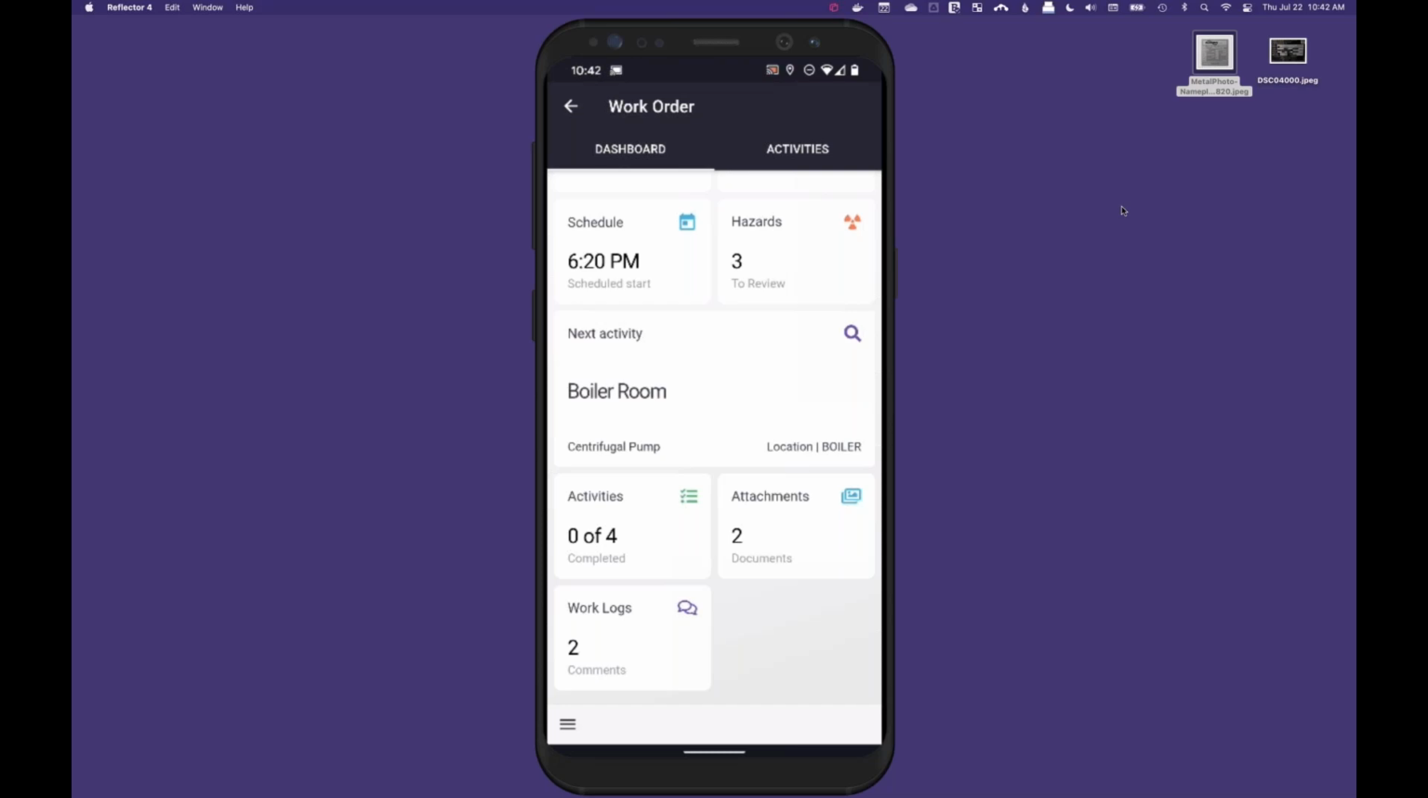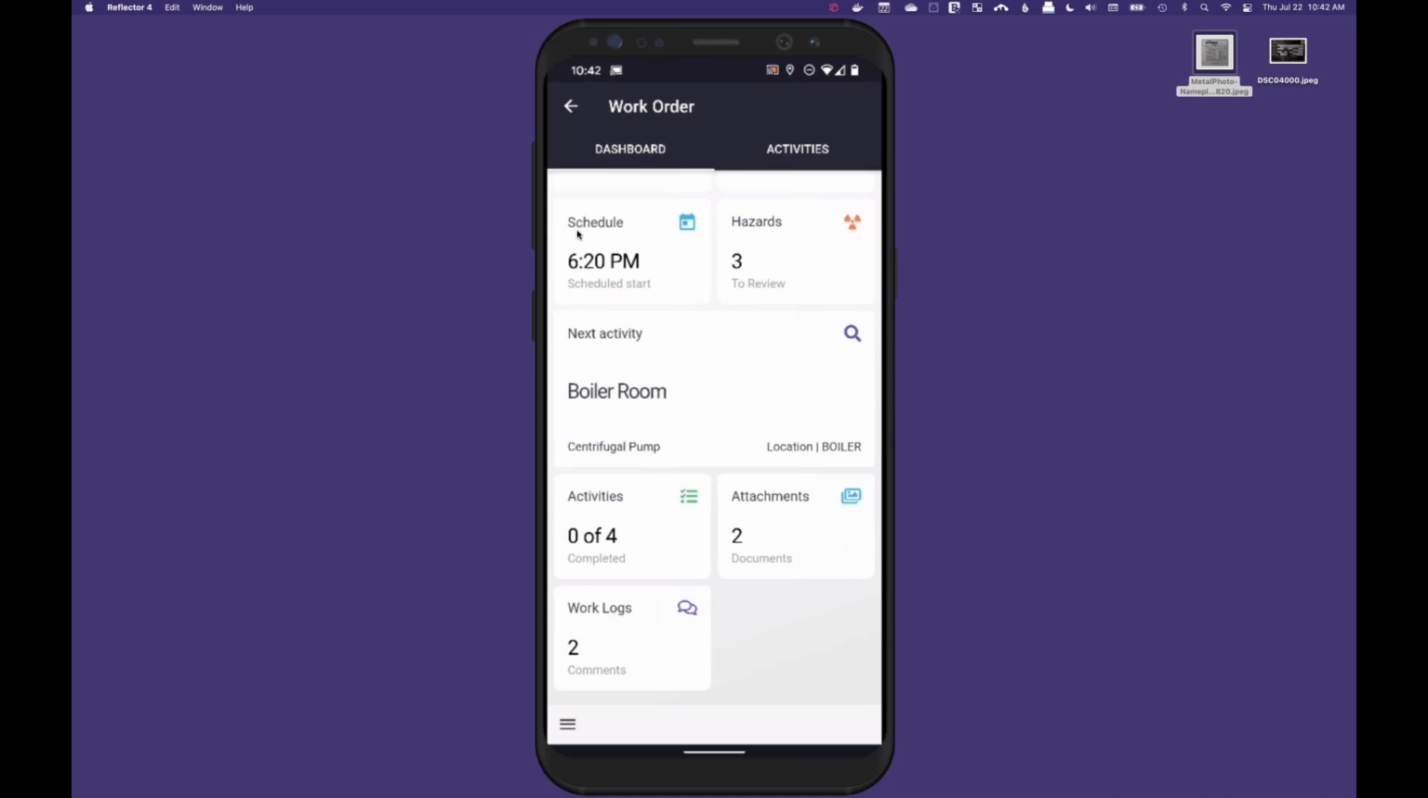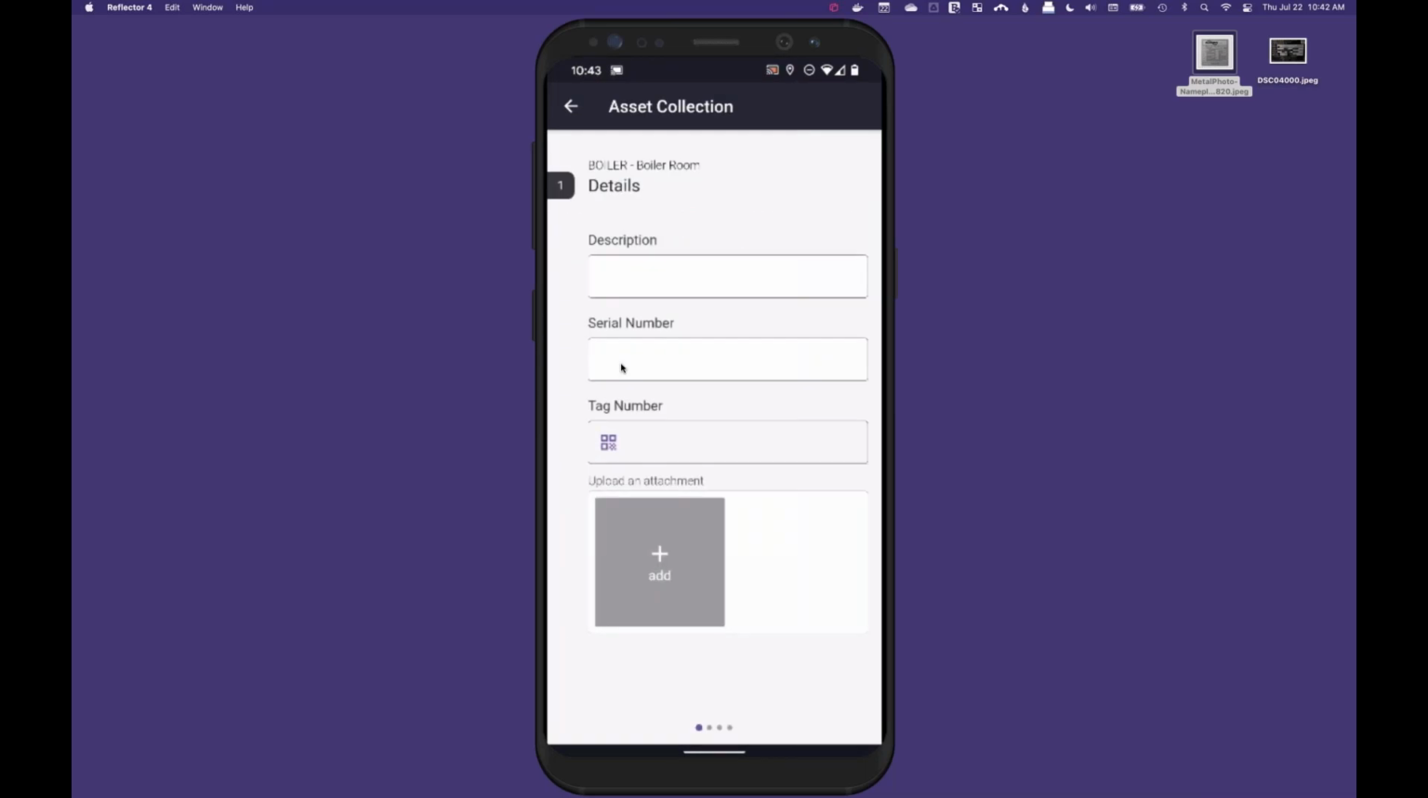We also wanted to guide the user through their activities, so we provide an overview of their activities in order. You can see that I'm currently on the boiler room, first one, the centrifugal pump, and I haven't started it. I can also see that same view here where it's walking me through my next activity. Clicking my next activity, this is actually an inspection. So we have taken the inspection